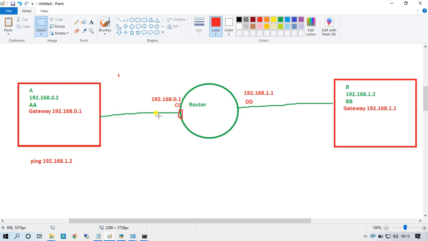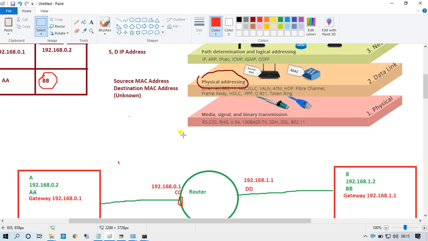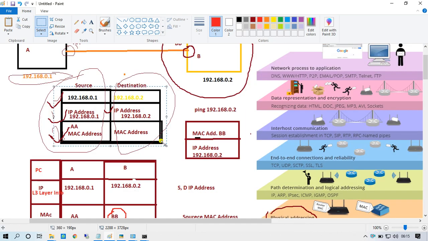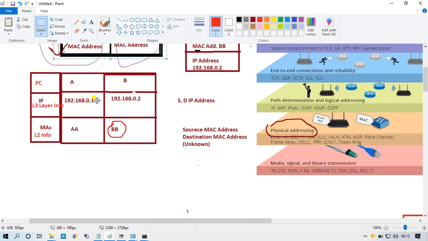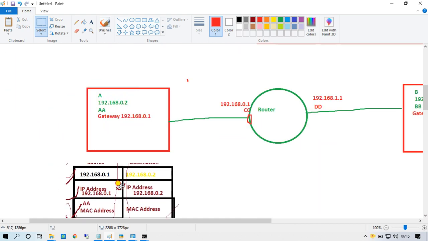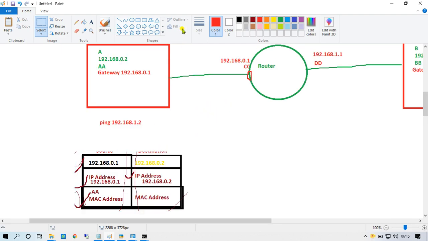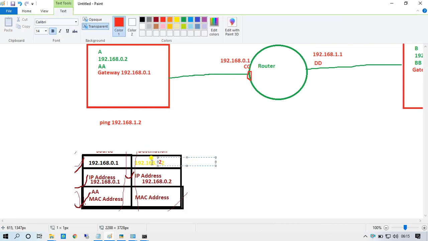Since it is a recently connected PC, it only knows the same information as before, only these three pieces of information. Now where is it going to transmit its data? 192.168.2.2. It is going to transmit data to 192.168.1.2.